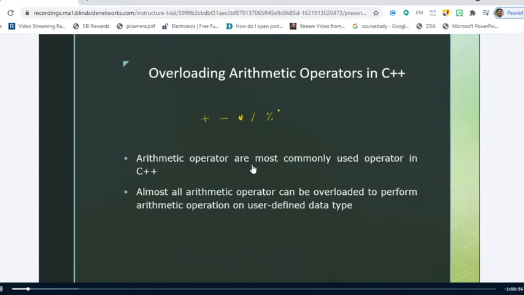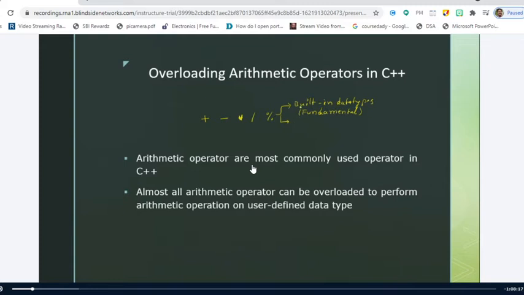Yesterday I discussed that operator overloading is defined for user-defined data types, not for built-in data types. What is the other name for the built-in data type? Fundamental data types. Give me some examples: integer, float, char, all these are fundamental data types.